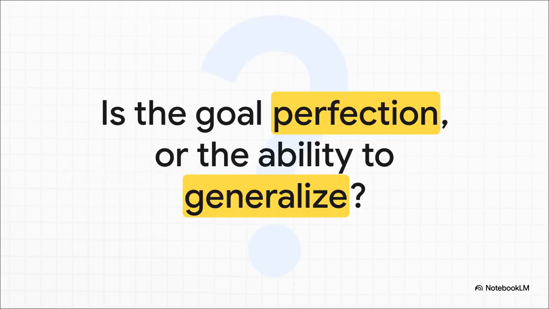And this really brings us to the final, most important idea. In the real world, data is messy, it's noisy, it's unpredictable. So the ultimate goal for AI isn't perfection on the data it's already seen. The true North Star is generalization, the ability to perform well on the messy new data of the future. It's this constant dance between being too simple and too complex and finding that perfect balance. Well, that's the real art of making machines that can truly learn.